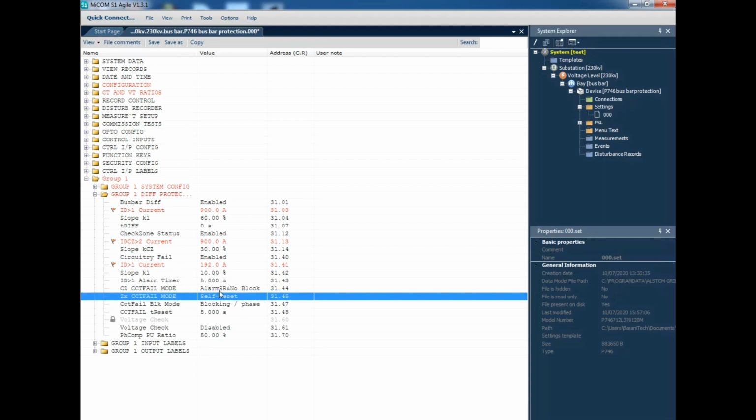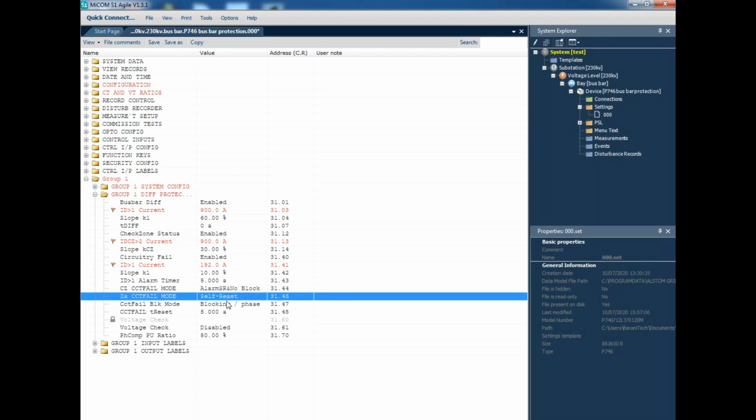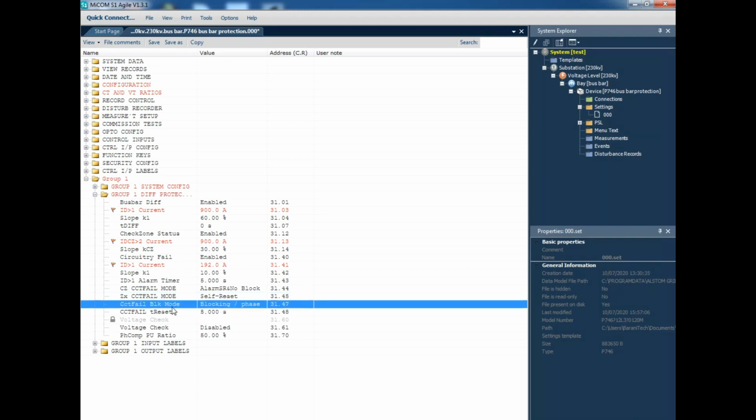If you do not get your zone auxiliary contact, then the relay will self-reset this for a few minutes. And the last one is CCT failure. That is, if both zone and our check zone have a mismatch, then it will block the differential. For that we are making the setting block.